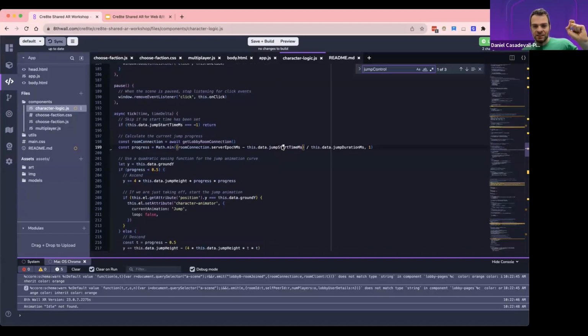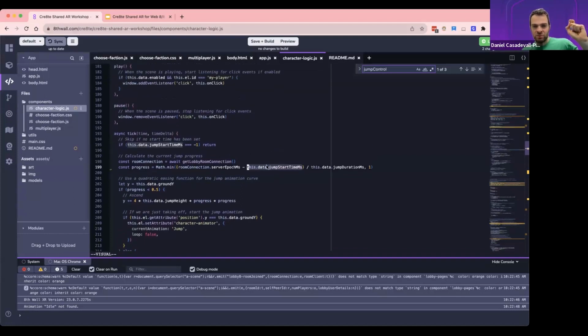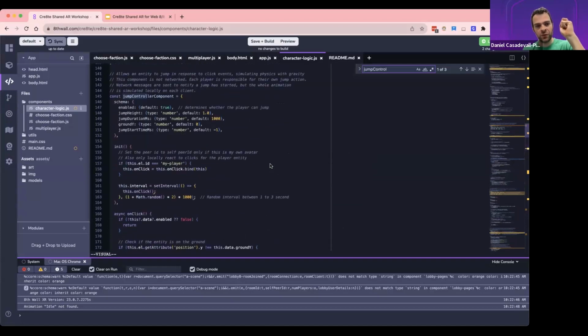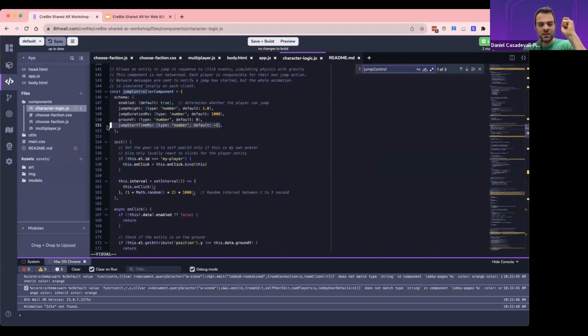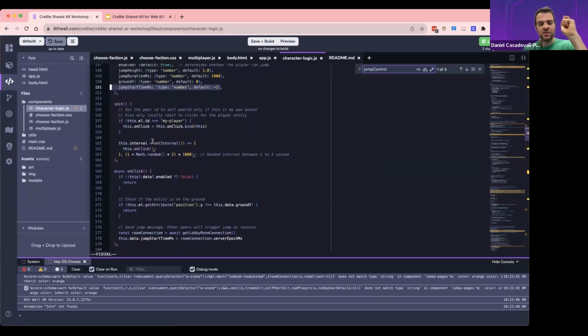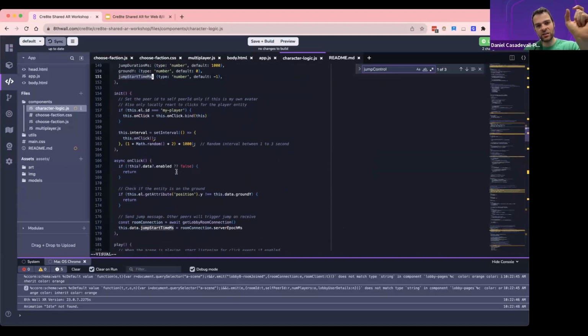So I can receive this data. This data is networked, by the way. This jump start time here is using A-frame. This component is networked through A-frame, and this jump start time is using A-frame network data. So whenever another player jumps, this jump start time's being set at any point in time.